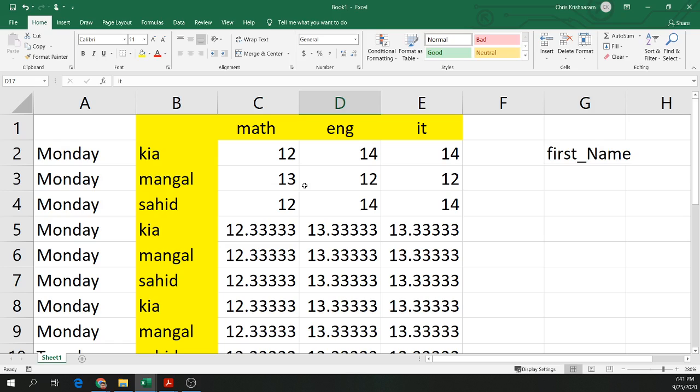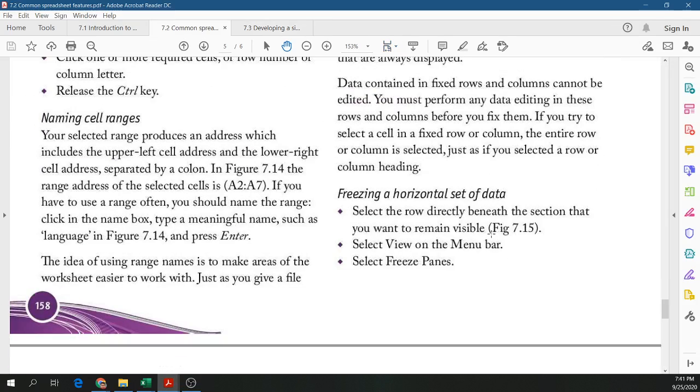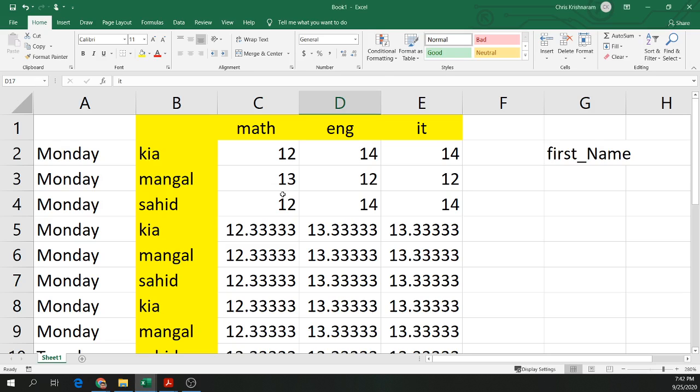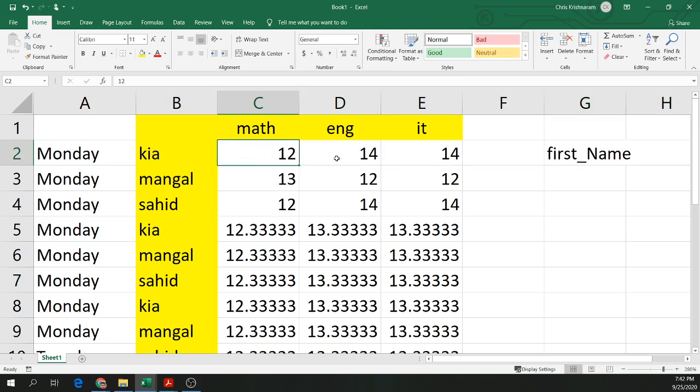So what you can do is lock the title or lock that heading so that you can see it throughout the document. And how you do that is, there's basically three ways of locking. The first one is locking horizontally. If you have your headings horizontally, which is the rows, you would go to the row just below that. So if my heading is in row 1, I would go to row 2, select any cell in row 2,